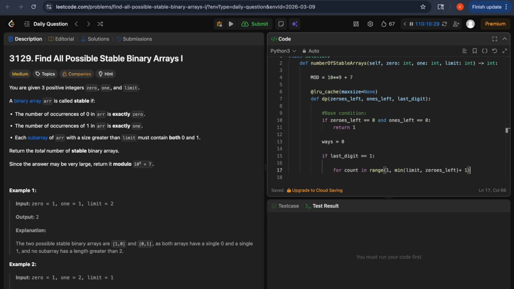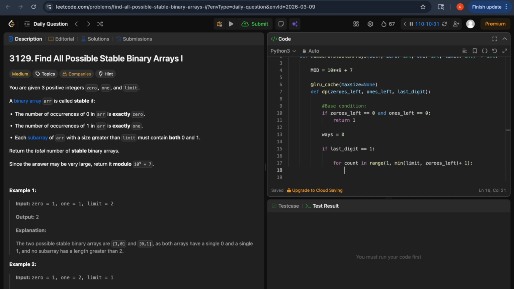And here if zeros left minus count is greater than 0, then what we do is base plus equal to dp of, where we pass zeros left minus count, because we are reducing the zeros count by adding whatever possible amount of zeros by creating that particular